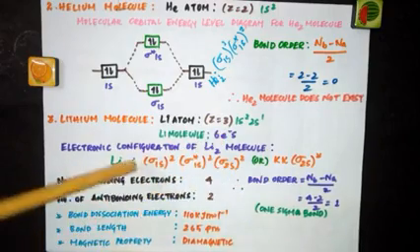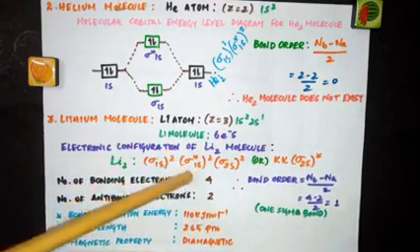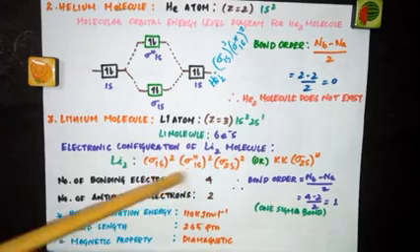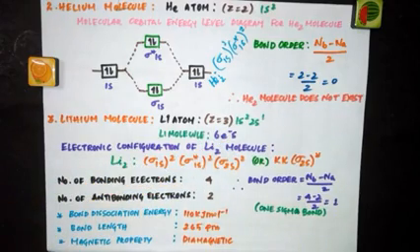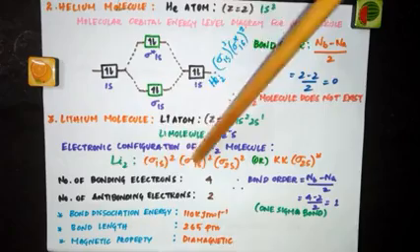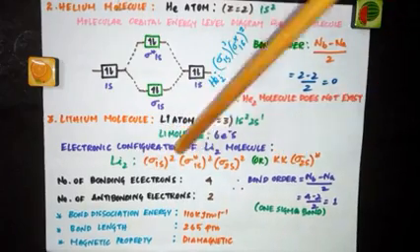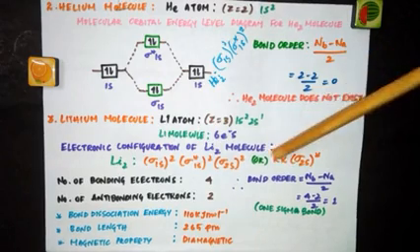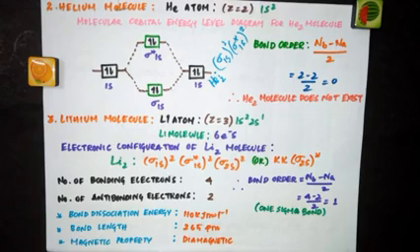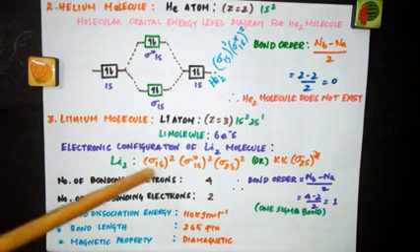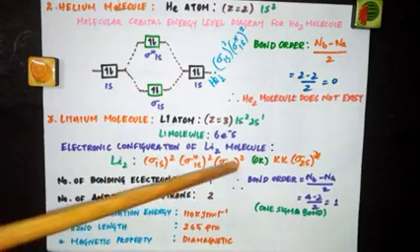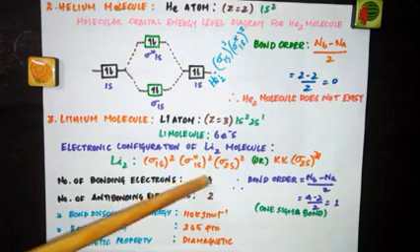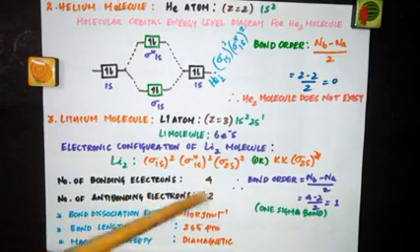We know the order of molecular orbitals. Sigma 1s 2 electrons, sigma star 1s 2 electrons, sigma 2s 2 electrons. See, 2 plus 2 plus 2, 6 electrons are filled. Or as I told you, this can be abbreviated as KK, because this is the principal shell, the K shell. So KK sigma 2s2. Now look at this. This is bonding. This is also bonding. So how many electrons are there? 2 plus 2, 4 electrons. So the number of bonding electrons is equal to 4, and antibonding electrons is equal to 2.